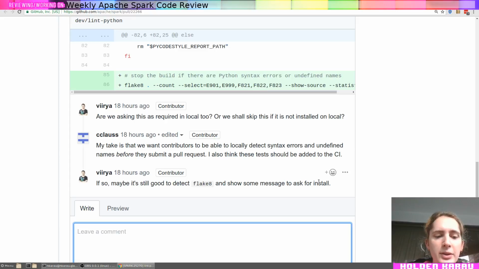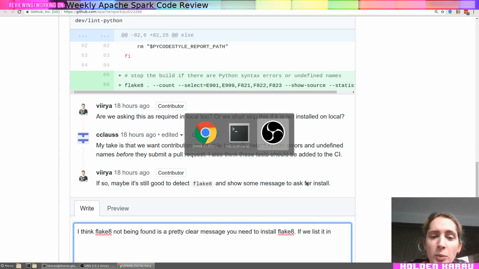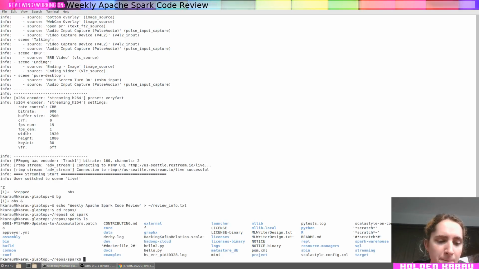Dev lint Python, I think. If we list it in, we have a requirements.txt file inside of Spark. I just don't remember where.